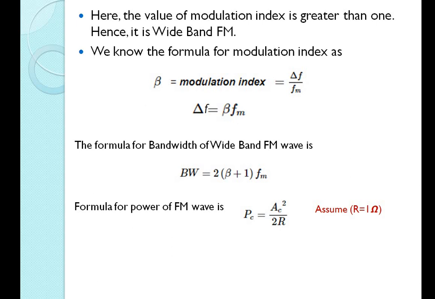If you remember the formula for the bandwidth of wideband frequency modulation, you can go for that. In case you don't want to, if you are okay with this one, you can use this one also. So this is how you can find the terms: beta, frequency deviation, bandwidth, as well as the power of the FM signal. So these are the 2 problems that are your assignments.